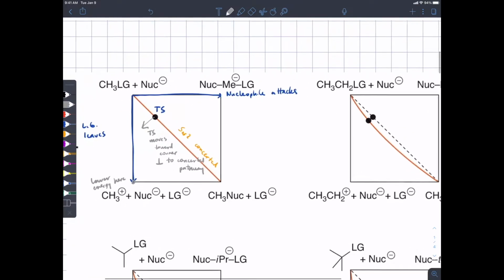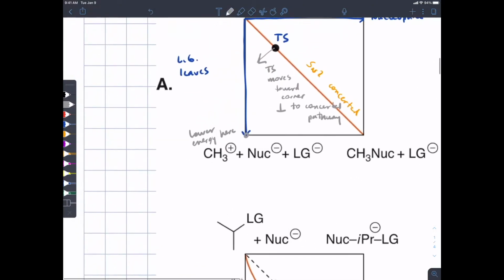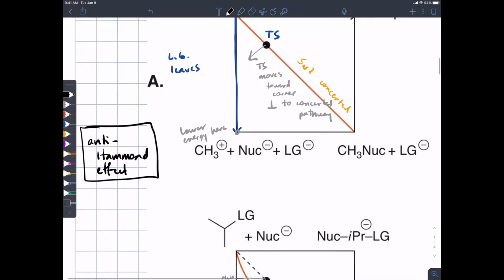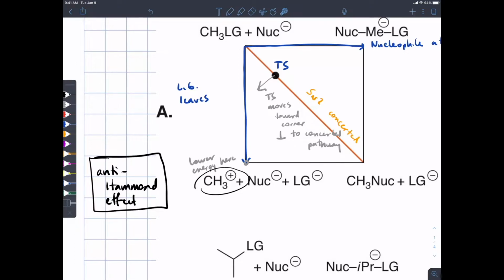Okay, so we might expect, if we could somehow make this proposed intermediate where the nucleophile attacks first and then the leaving group leaves, if we somehow made that structure more stable, the transition state would be pulled in that direction. Okay, that's called an anti-Hammond effect, for reasons that we'll talk about in just a second. But if for this continuum between SN1 and SN2, if you stabilize the carbocationic intermediate, the transition state gets more carbocation-like